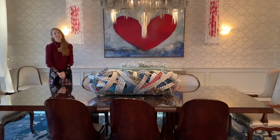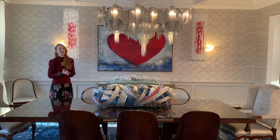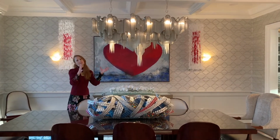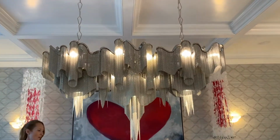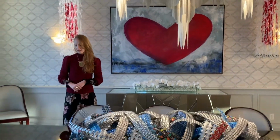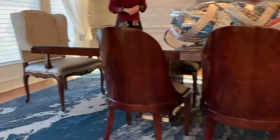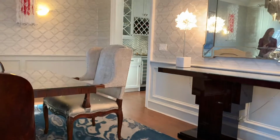This is, to me, one of the most fantastic spaces in the home, the dining room. We have this beautiful Trezani light fixture over the dining table with a custom water-inspired rug that was created for us. And I really wanted something cool on the table. I didn't want just,